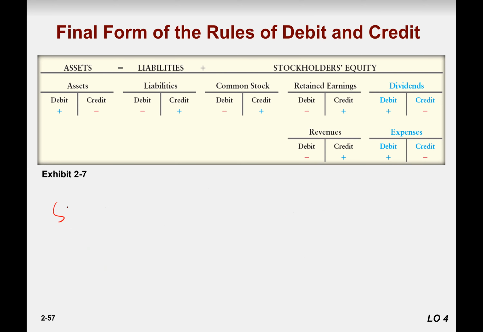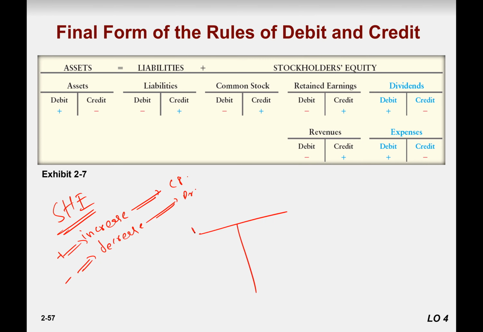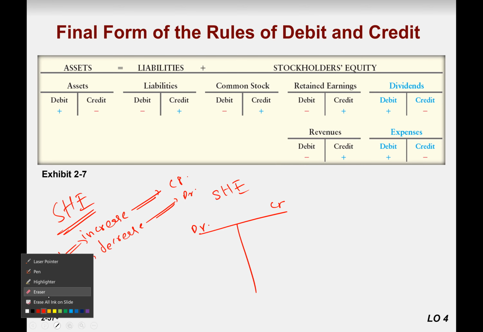Similarly with the stockholders equity, we call it SHE. If it increases, we call it credit. If it decreases, we call it debit. What do we mean by that? The left hand side is called debit, the right hand side is called credit, and we have our shareholder equity account here, right? And then we talk about two things, which is the